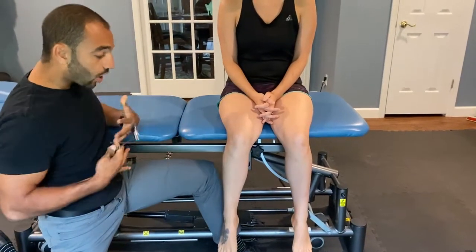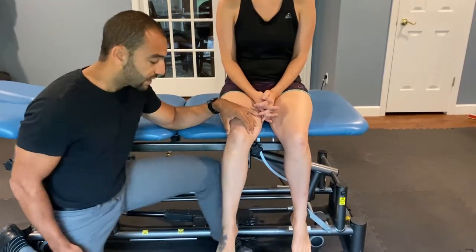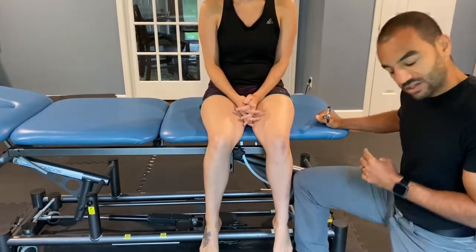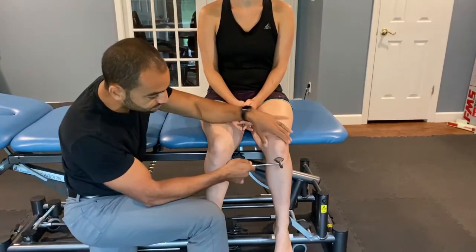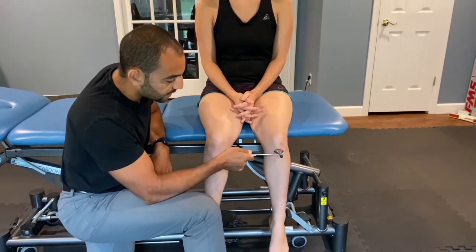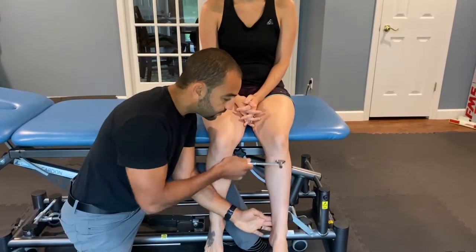I like being on this side so that I can play with the position of the knee, okay? I'm going to switch sides to try the other side, okay? Excuse me, I'm not going to do that. You're going to stay on this side to test both sides, especially if you're a righty. Okay, if I need to play with the position, again, I can either use my hand,